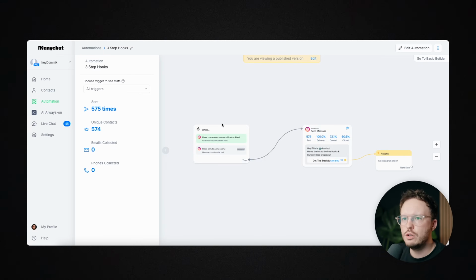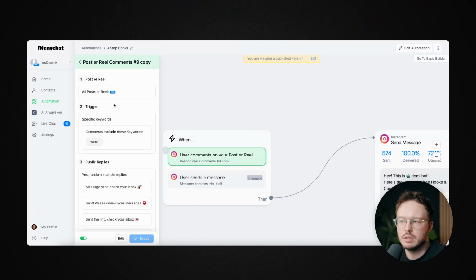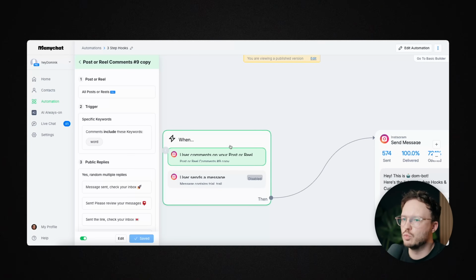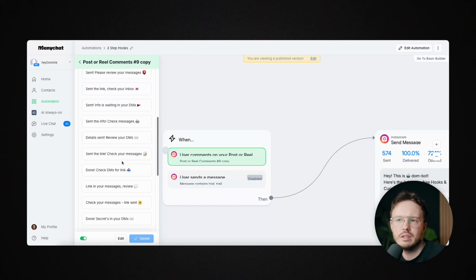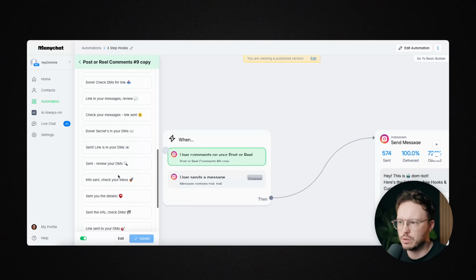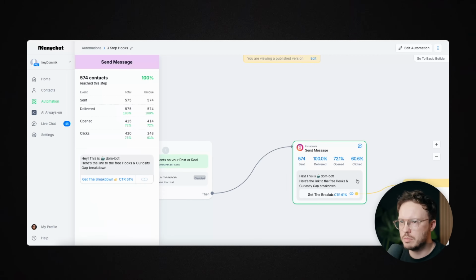So you might be wondering right now, how complex is this whole system to set up to get results like this? I can tell you it's 0% complex. It's the simplest thing ever. It's basically this. A user comments on my reel, in this case, whatever reel, comment the word. I have some public replies. Let's not even get into that. It's just automated, but there are lots of different ones, so it doesn't trigger the spam detection algorithm. And basically then they just get this message.